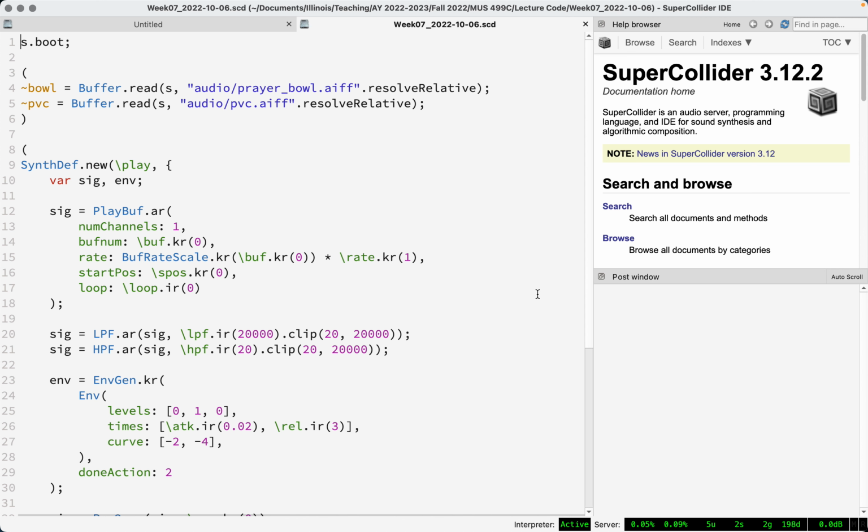All right. Well, today we're going to continue with sequencing. We briefly introduced routines last week, and there's a lot more to talk about. It's a really useful class. It comes up all the time, has kind of multiple purposes, but the general purpose of routine is to structure actions in time. So we have booted the server already here, and using the resolve relative technique from last week,